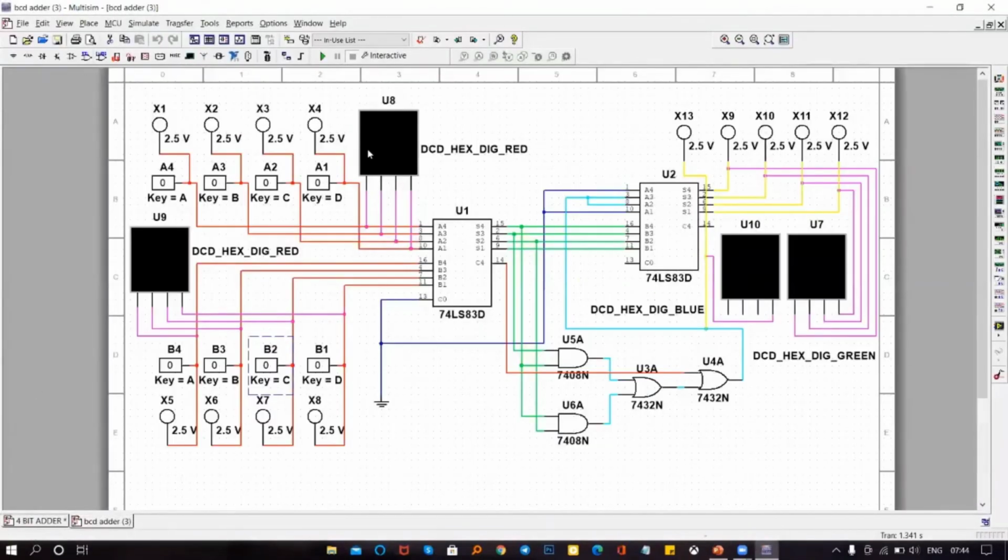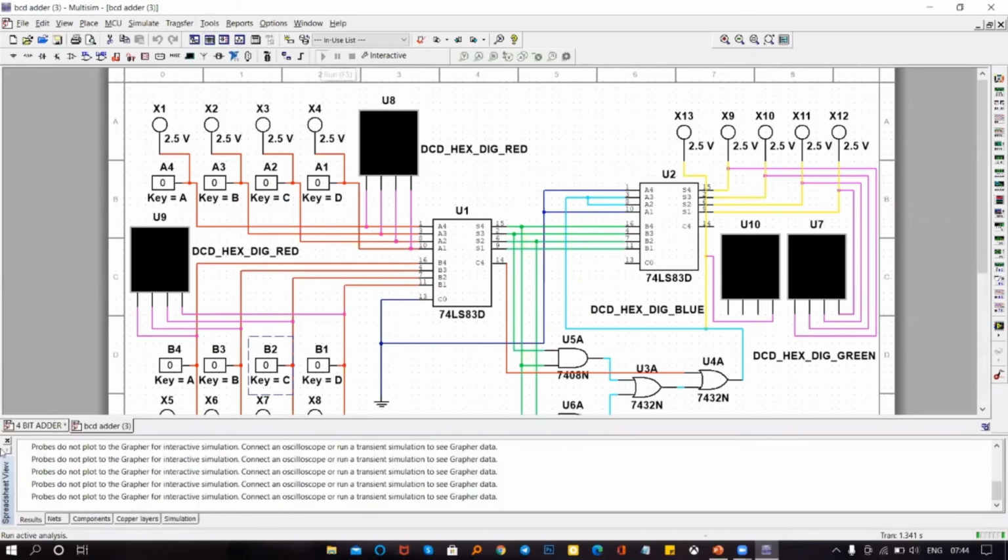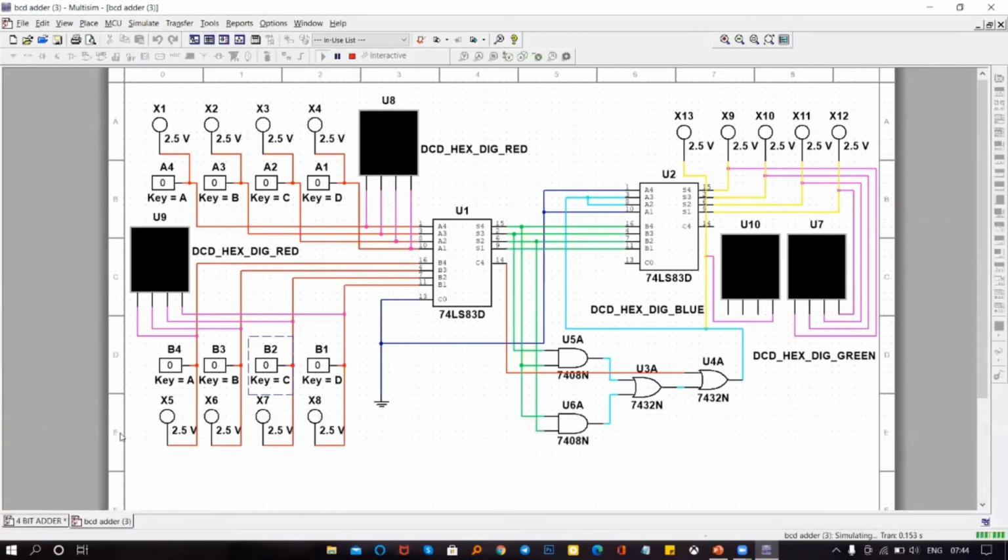This is the circuit for the BCD adder. As before, we have 4 input A and 4 input B. These are the connections. Let's run it and give some inputs. 4 plus 4 gives 8.